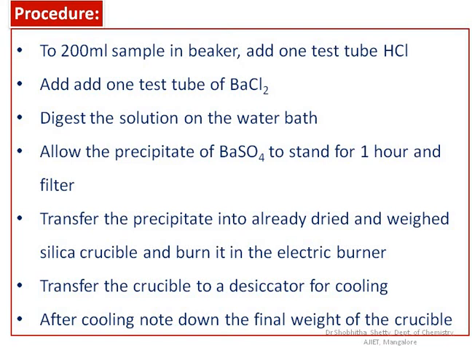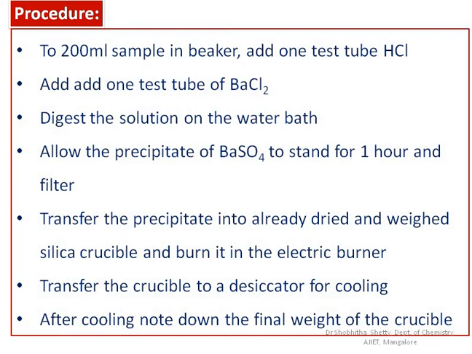So we need to cool the crucible to room temperature inside a desiccator, and once it attains room temperature, we note down the weight of the silica crucible. That weight we consider as W2 gram. The difference between the weights, W2 and W1, will give you the amount of precipitate formed exactly, that is, the amount of barium sulfate precipitate formed. Then we can calculate the amount of sulfate by knowing the weight of the barium sulfate formed, by considering its molecular weight.